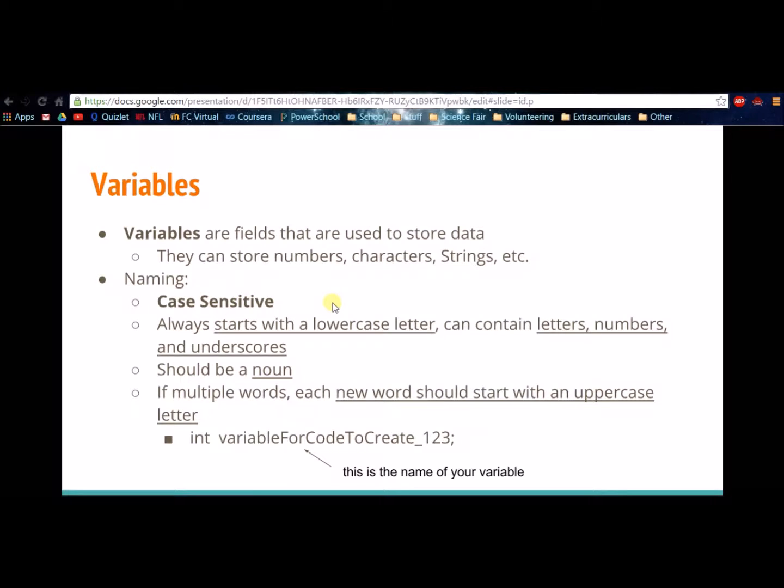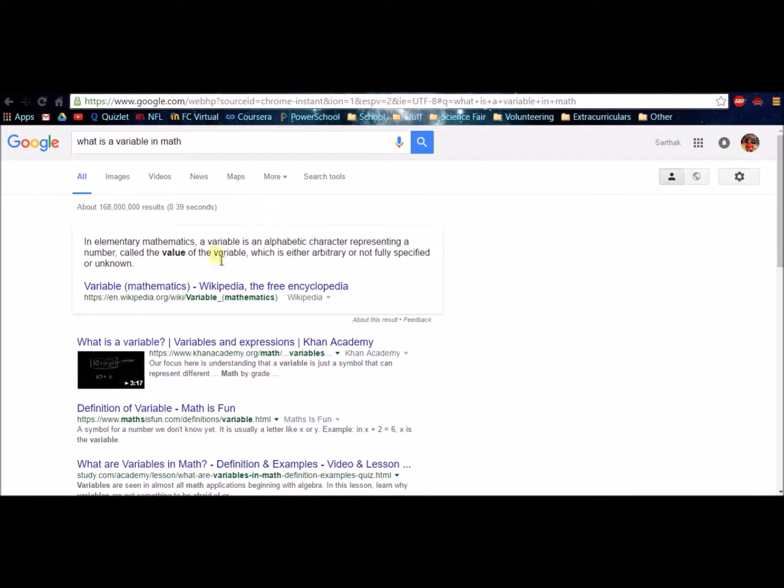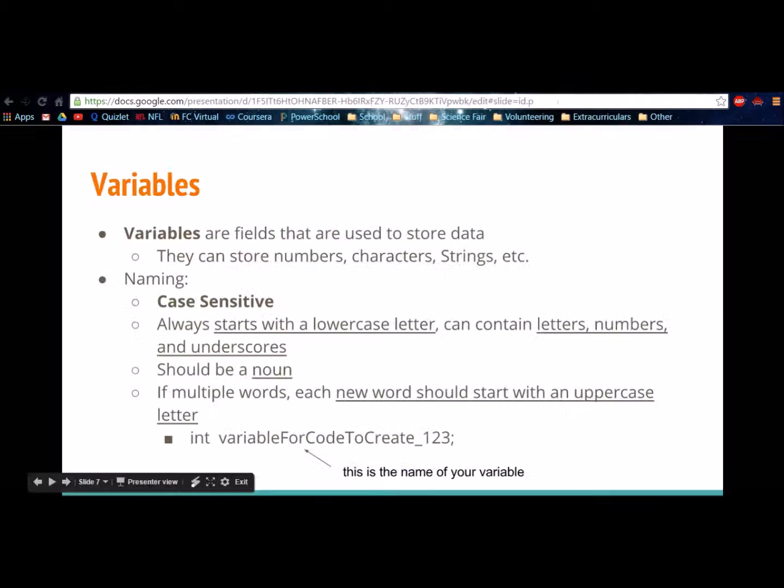So what are variables in Java? If you've ever done any bit of algebraic math, you know what variables in math are. Variables in math are, here's the definition right here, characters that represent a number. Now, variables in Java are very similar, except that they don't have to store a number. They can store any sort of data. So variables are fields that are used to store any sorts of data, such as numbers, characters, strings, which are